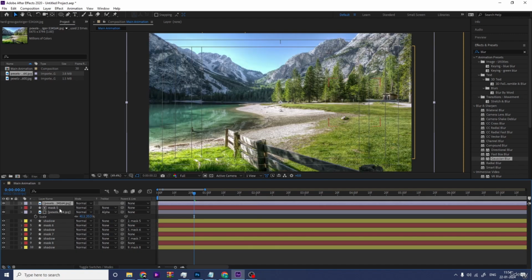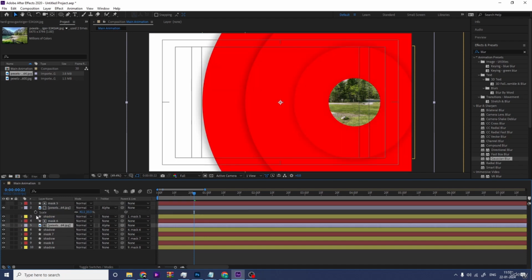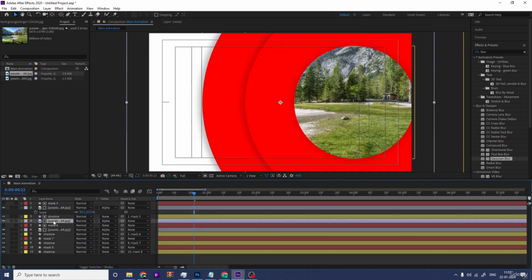Select this and hit Ctrl D. Then we will bring this above this mask layer and we will hide this mask. Select this, hit Ctrl D. We will bring this